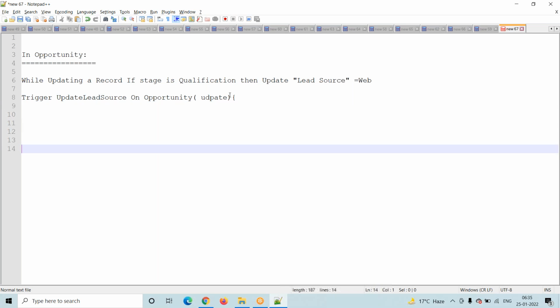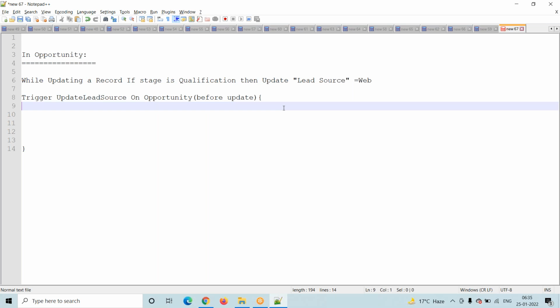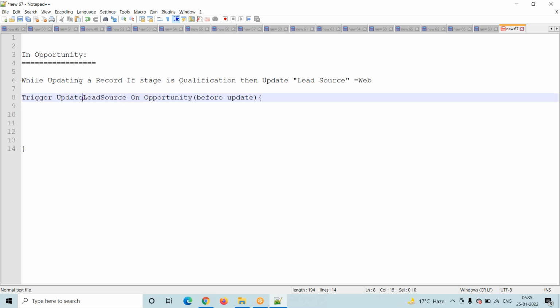In update, there are before update and after update. We are working with the before update operation for now. We will discuss after update later.